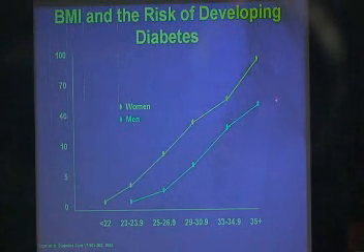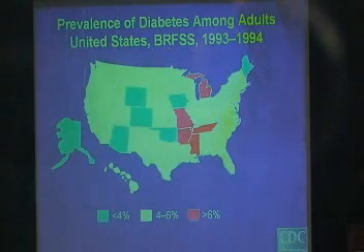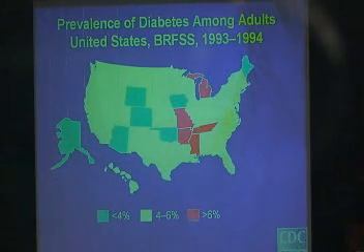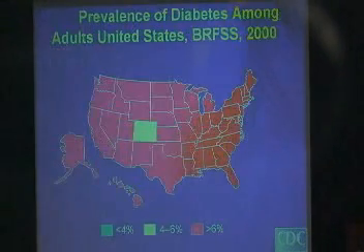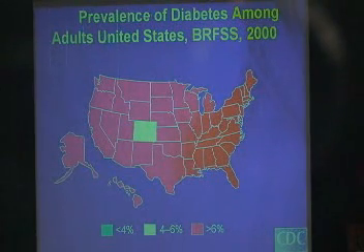And of course, if you put this in terms of BMI, you'll notice that the higher the BMI, the higher the risk of diabetes. So really, obesity and diabetes go hand in hand. And when you are at a BMI of 35, you have a higher risk, almost 100% sure that you will have diabetes. And these maps are for the prevalence of diabetes. Between 93 and 94, we had few of the states having more than 6%. Now, in almost every state in the United States, the prevalence of diabetes is beyond 6%.